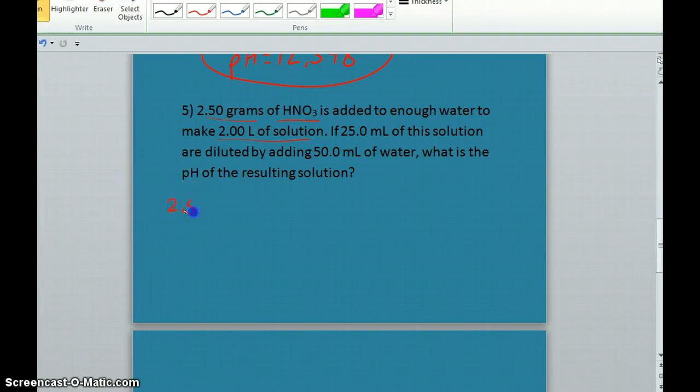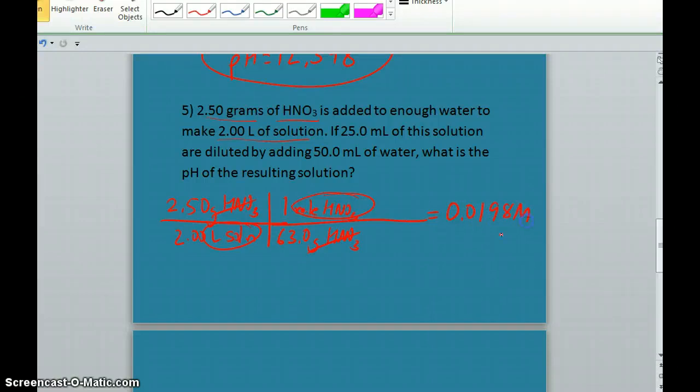We have 2.50 grams of nitric acid in a volume of 2.00 liters of solution. And since the molar mass of nitric acid is 63.0 grams HNO3 per 1 mole HNO3, I can easily calculate the moles of nitric acid per liter of solution. Comes out to